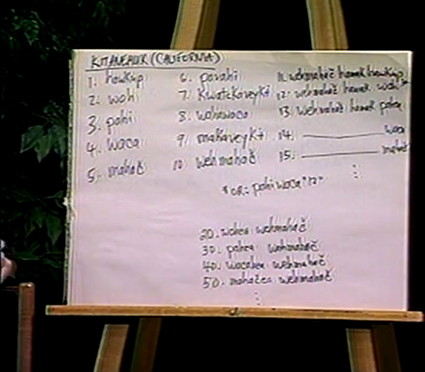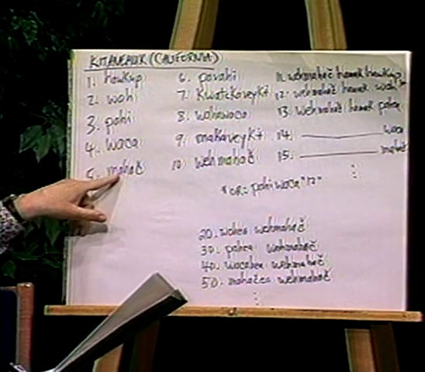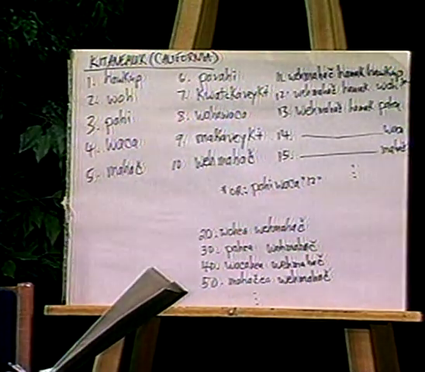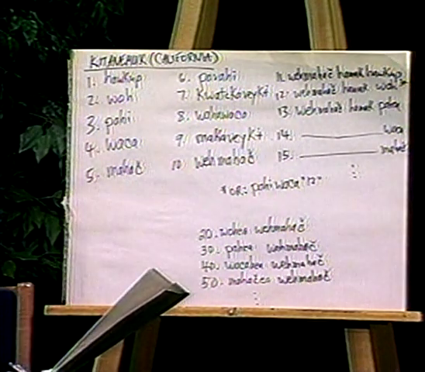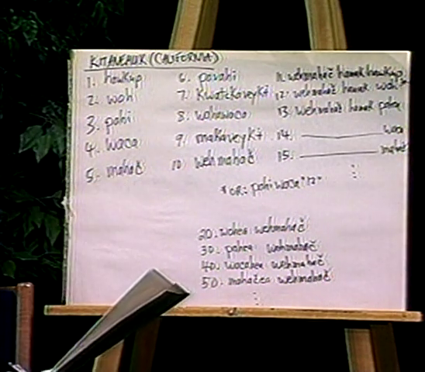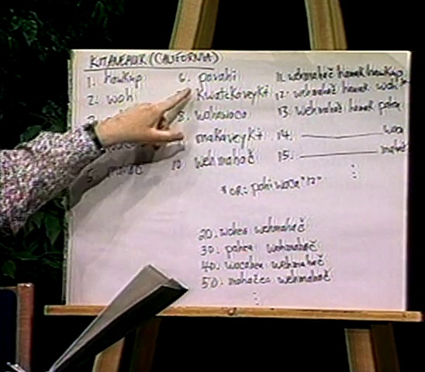Now, there are a couple of interesting things we can say about these numbers under 10. Mahach is not exactly the word for hand as it was in Comanche, but it looks awfully similar, and I think it must have some distant historical relationship. Mahach is 5, and Mats is hand. They're very similar. What else can I tell you? This word Pavahi,